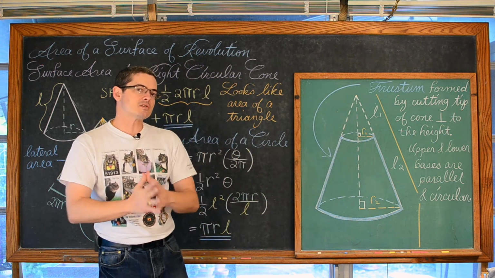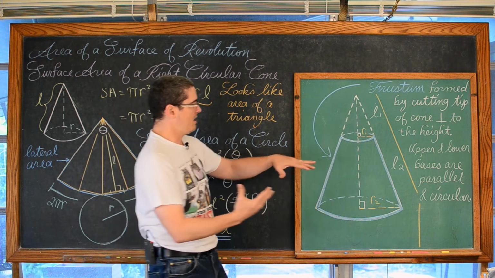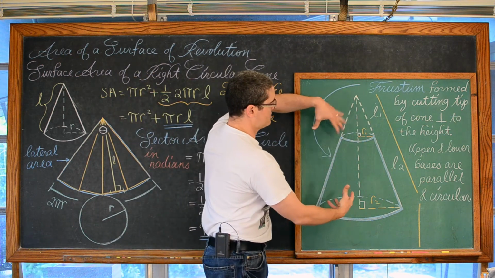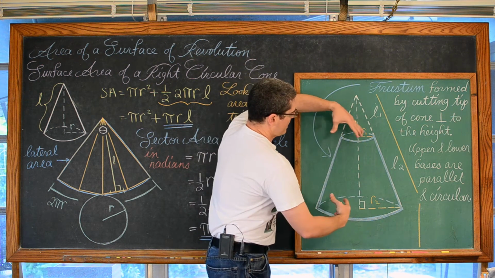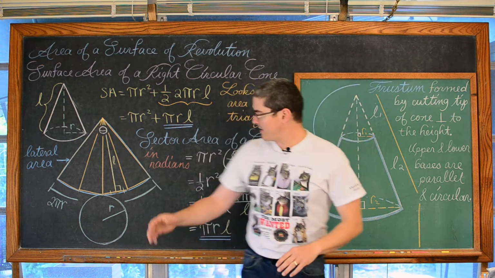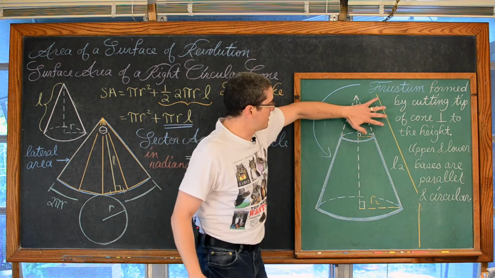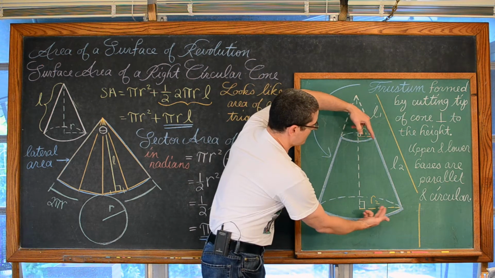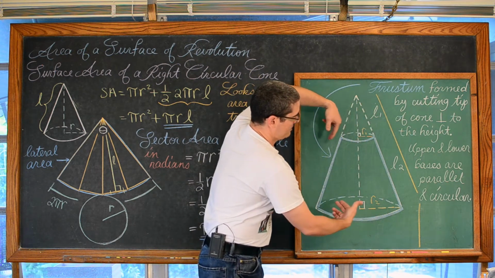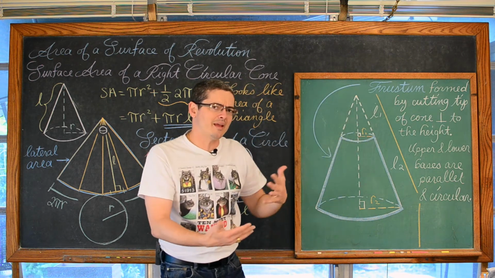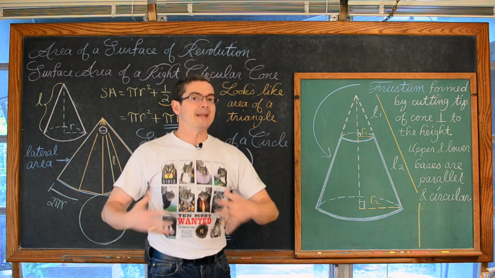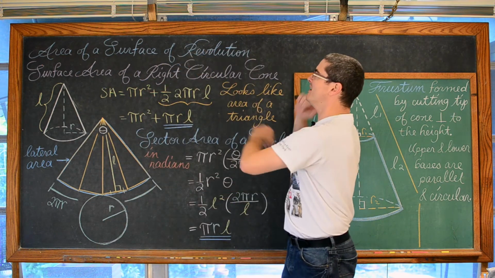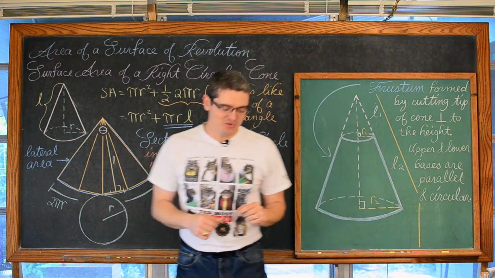Okay, so let's get on to the next screen where we start showing how we're going to use this diagram to help us, because ultimately the next part of this is going to be, okay, well, if we understand how to find the lateral area of a complete cone, if we cut the top of it off, how do we find the lateral area or the area of this frustum, so that we can then take a bunch of them and add them up together and find the total area of a surface of revolution.